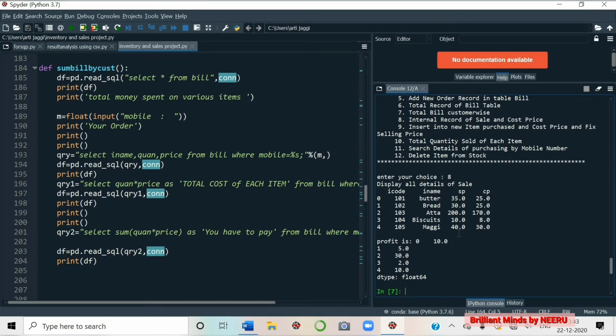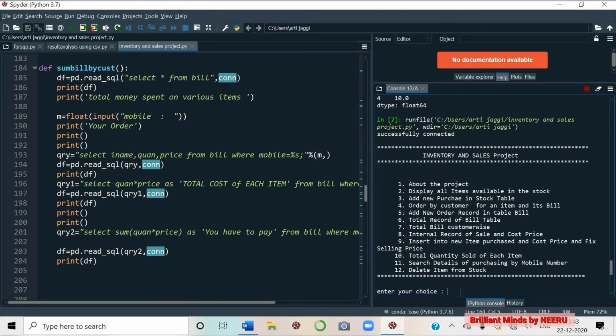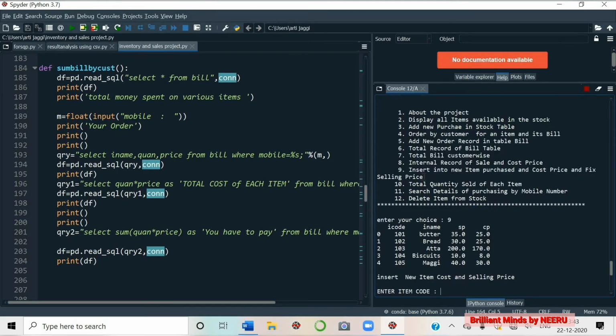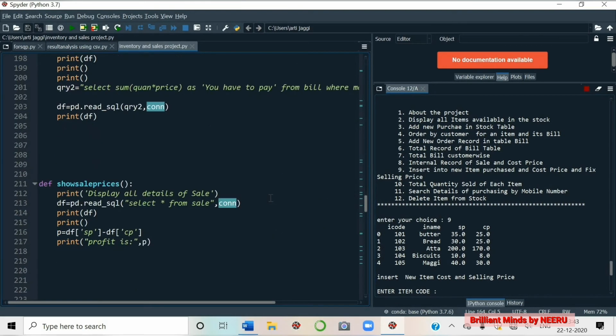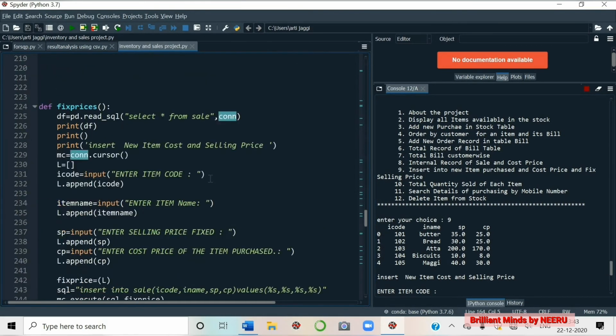In biscuits, there is only 2 rupees. See here, 2 rupees, 30. Okay, because it was 170 cost price and now the selling price is 200. So like this, it is for their own use that we have bought something at this cost price and we are selling at this selling price. Okay, number 8 is done.